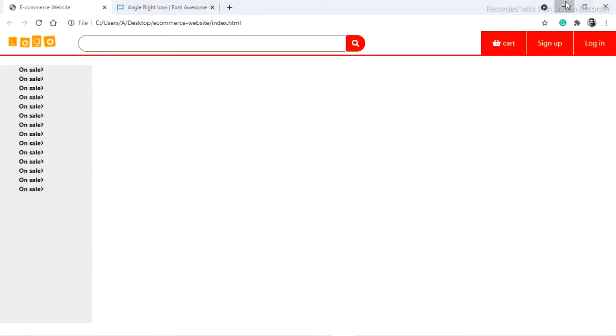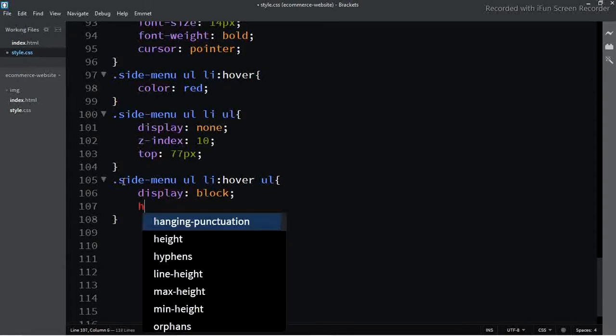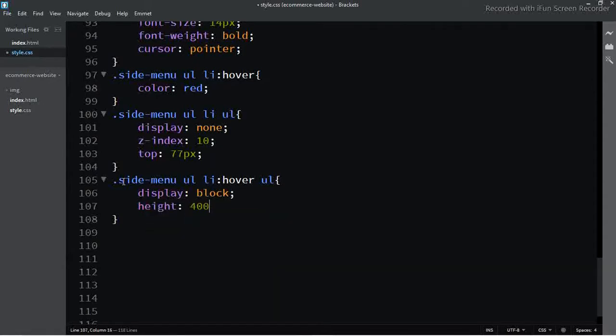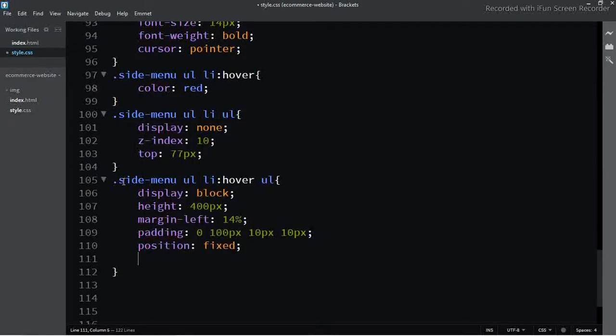So for that, display block, height 400 pixels, margin left 40%, padding 0, position fixed, background as you like, box shadow.